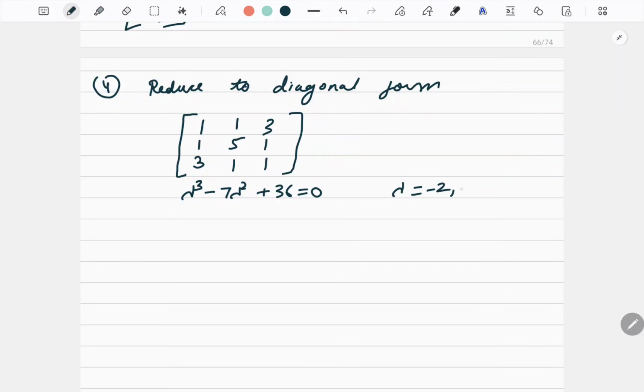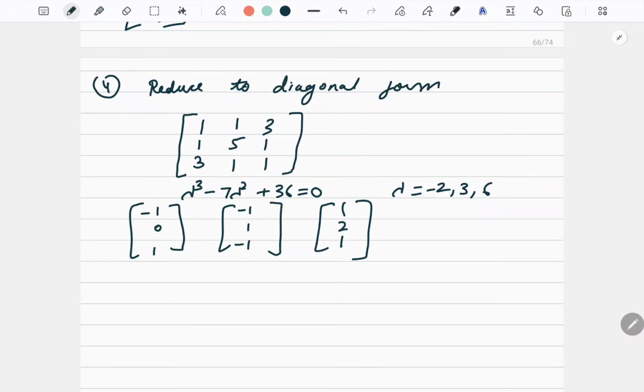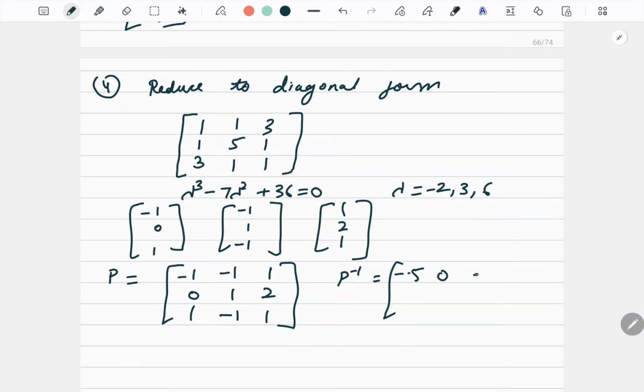Lambda is equal to minus 2, 3, 6. And then for each one, the eigenvector will be minus 1, 0, 1. Second eigenvector will be minus 1, 1, minus 1. And then 1, 2, 1. Correct? So now this will give you a modal matrix P, which is equal to minus 1, 0, 1, minus 1, 1, minus 1, 1, 2, 1. And when you use your calculator and find out the inverse, this will be equal to minus 0.5, 0, 0.5, minus 0.33, 0.33, minus 0.33,